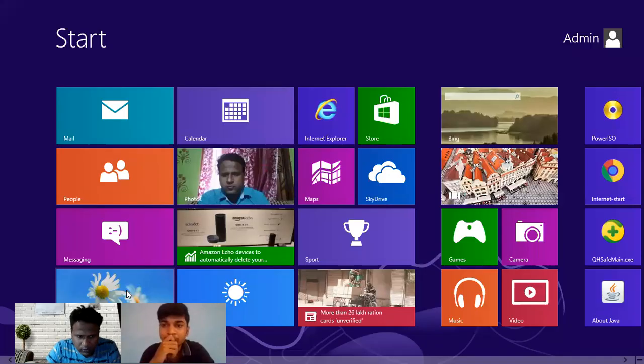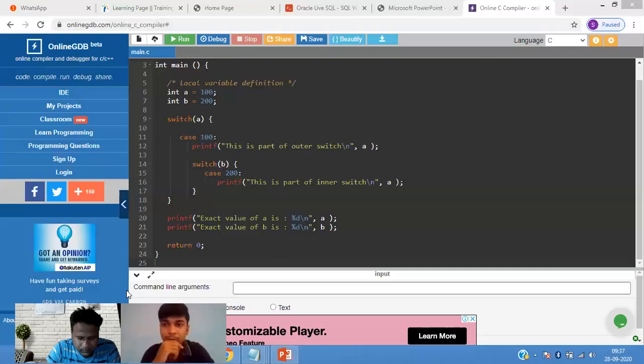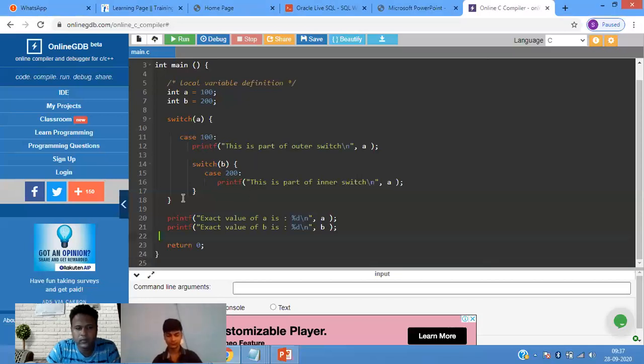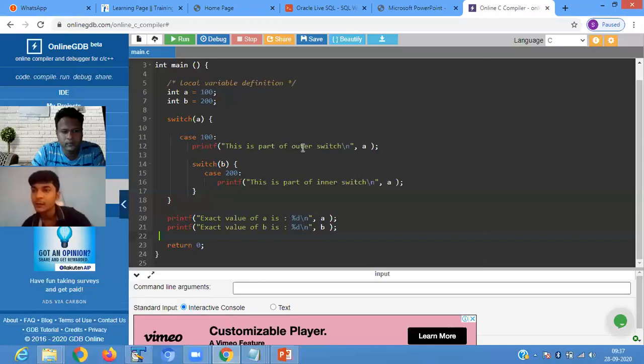So this one. Switch a is 100, the condition is true. So it shows this is part of the outer switch.